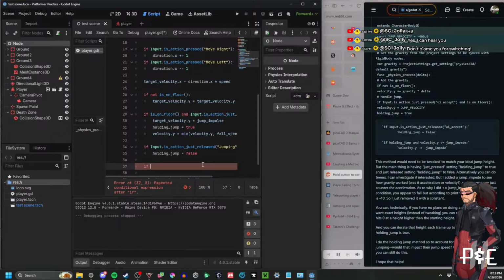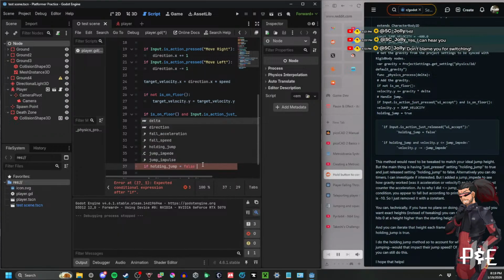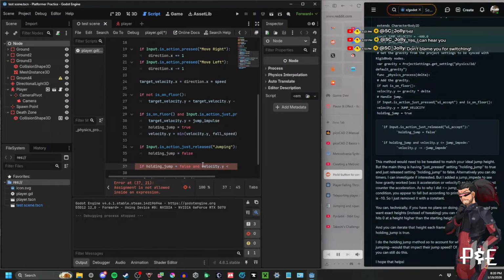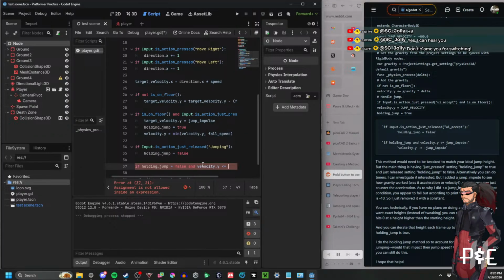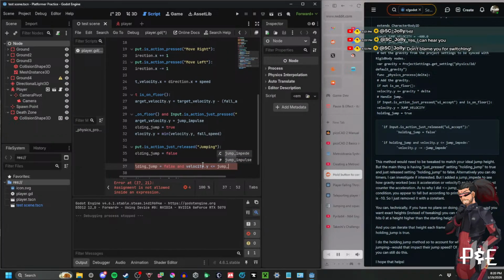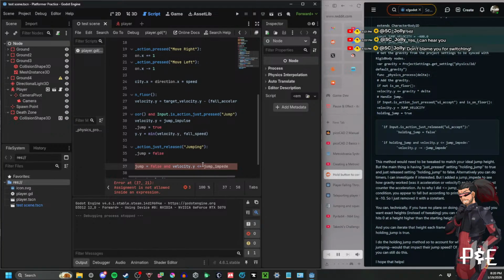If holding jump equals false and velocity dot y less than equals jump impede